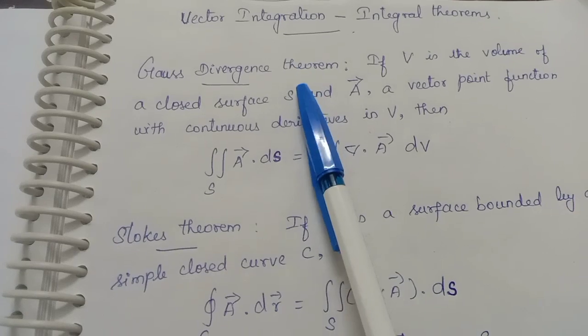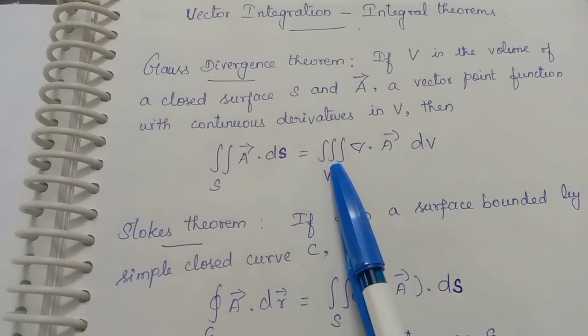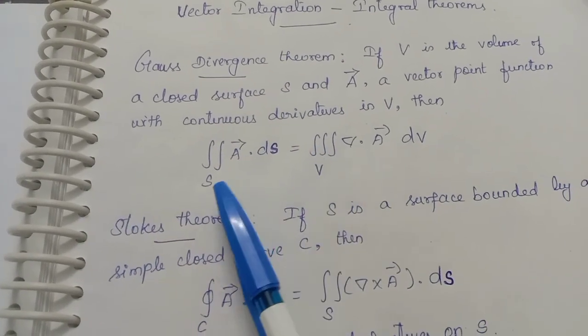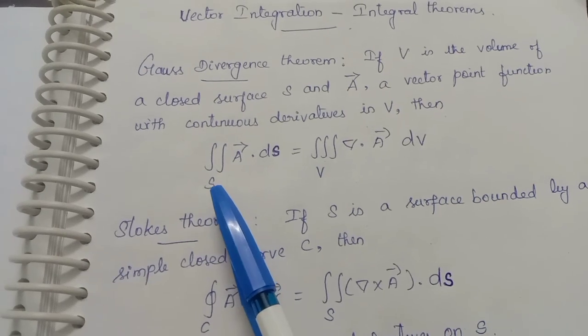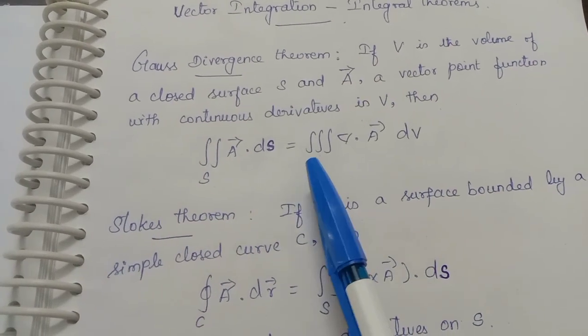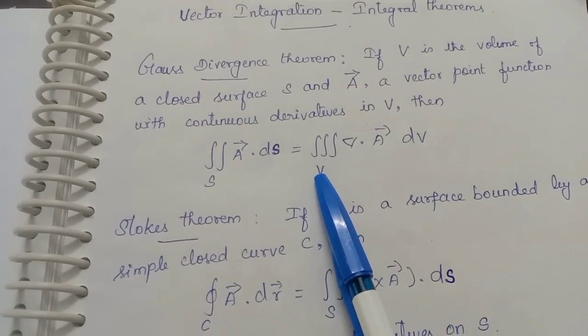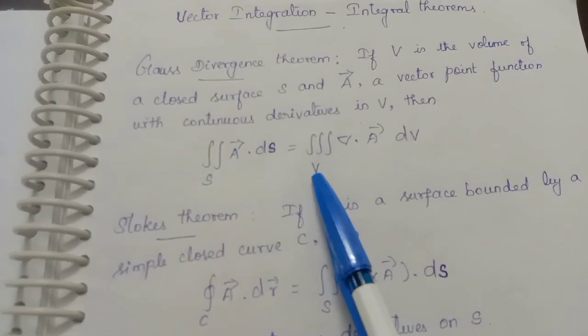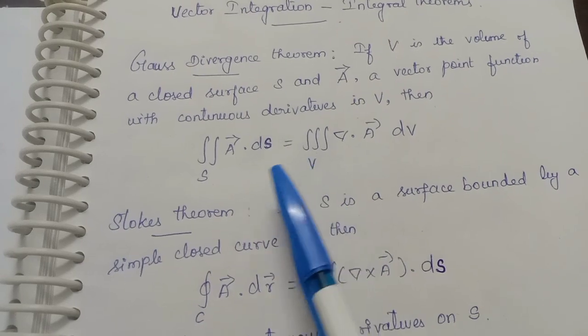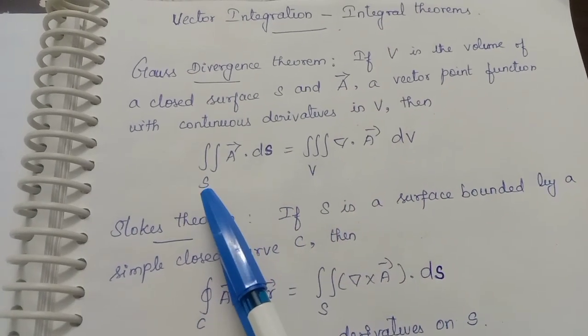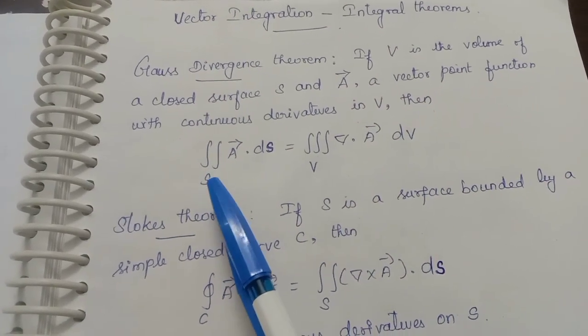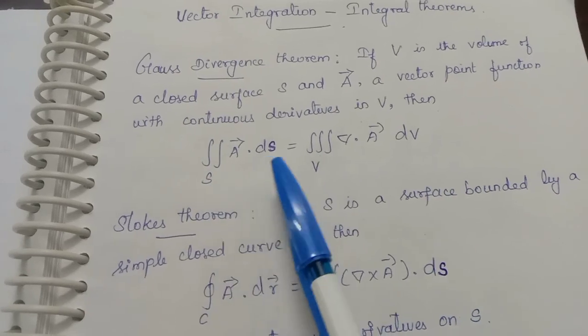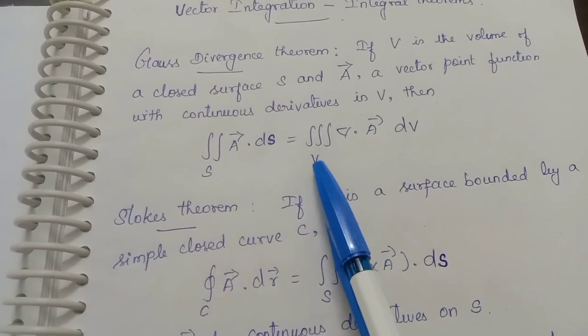In this video, I am going to discuss the Gauss divergence theorem in vector calculus. The divergence theorem gives the relation between surface and volume integral. For that, I am considering a closed surface S enclosing a volume V. For example, if you take a sphere, S denotes the surface of the sphere and V denotes its volume. So S denotes the surface of any closed surface and V is the volume enclosed by it, and